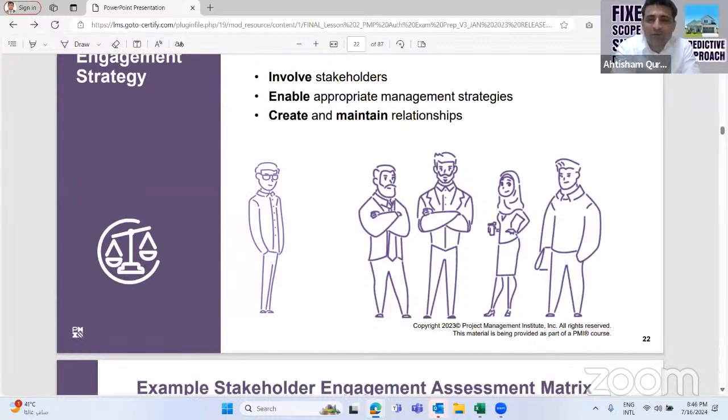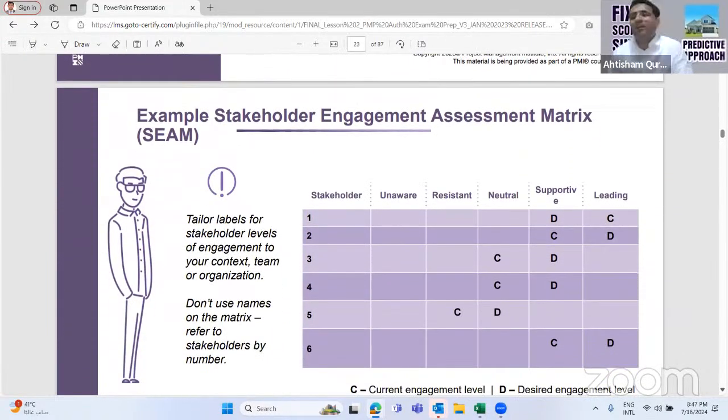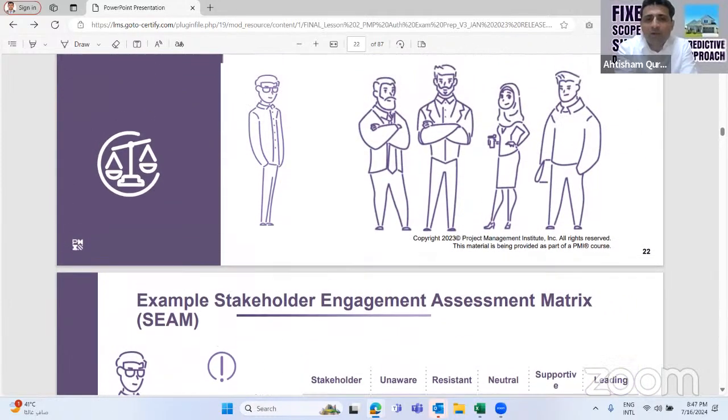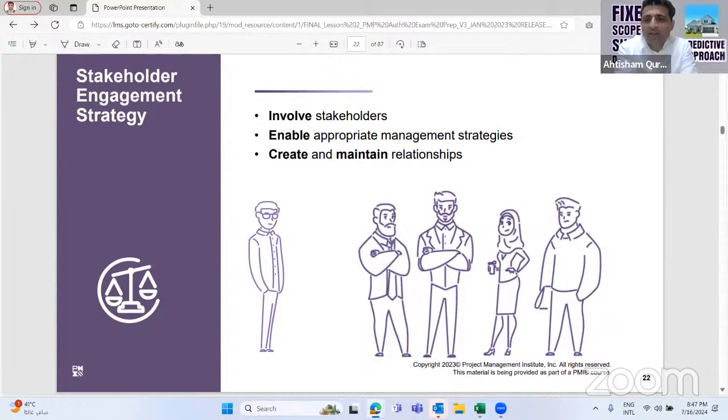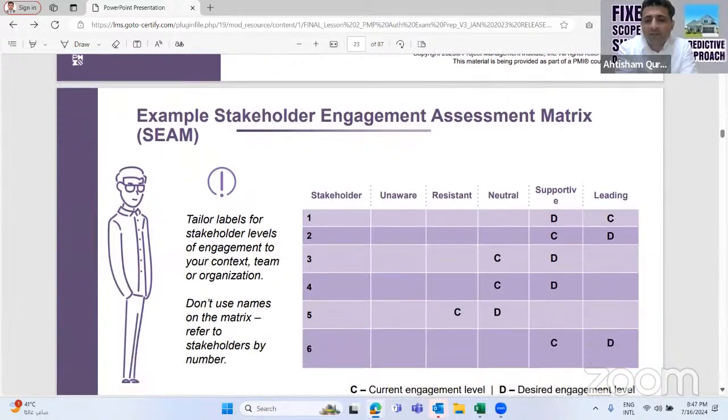Okay. So now when I was talking about stakeholder engagement strategy, I was talking about their engagement level. And then if you feel the stakeholder is involved, it could be one of the following: that the stakeholder is either resistant to the project, or neutral to the project, or supportive to the project, or leading to the project. And then I can map these attitudes in the matrix. So I can say stakeholder C is resistant, stakeholder D is neutral,